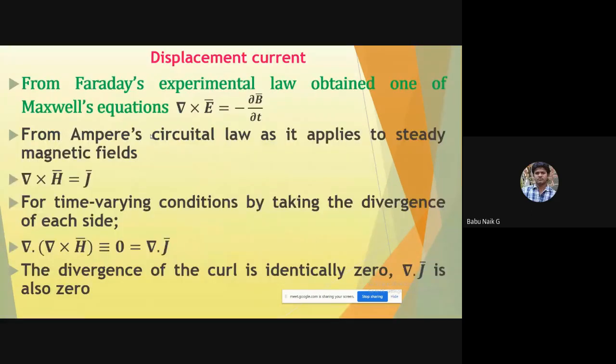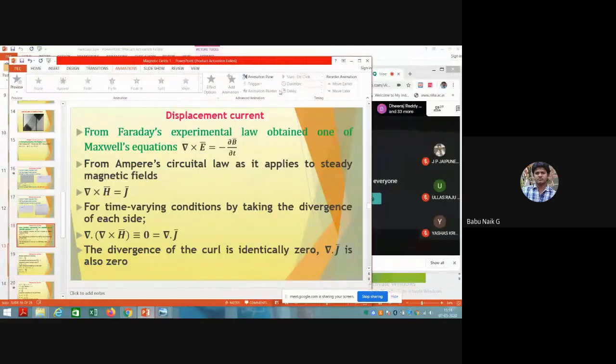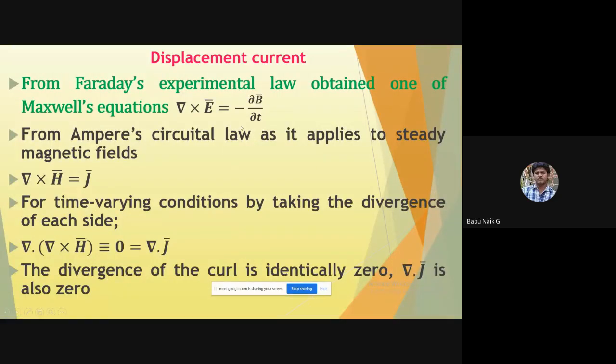Okay, so let us prove the mathematical equation from Faraday's law only, that we are going to consider. Faraday's law, which we have seen, del cross E bar is equal to minus dou B bar by dou t. This is a static closed loop where the magnetic field is going to vary with respect to time. That time we have seen from Faraday's law, del cross E bar is equal to minus dou B bar by dou t. This we discussed in the last class.